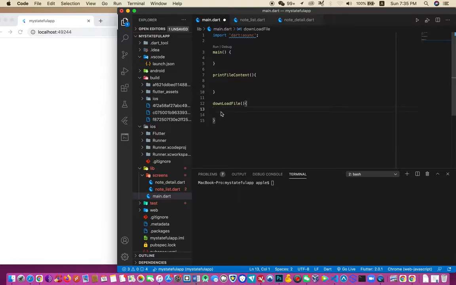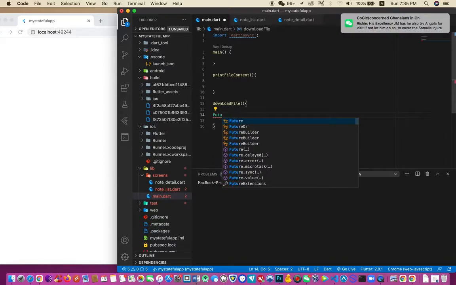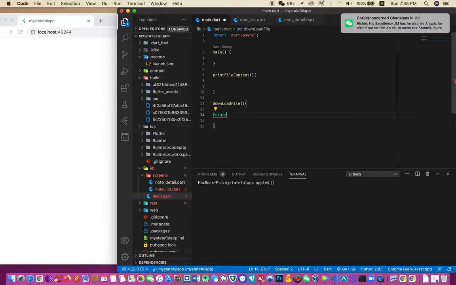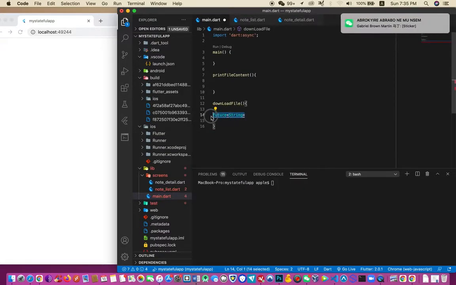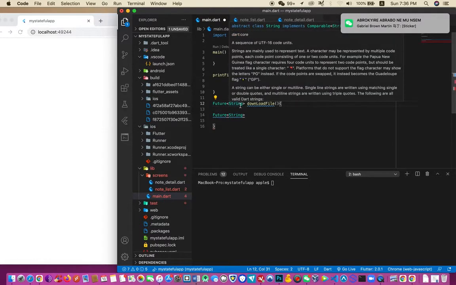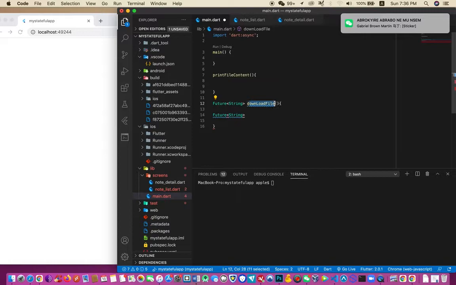Here, since it's going to use the feature of download, that is await of download, we should use the Future keyword. And the Future keyword, as I said, T represents what? The return type, and we will say this will return a string. So this is a Future, and our function is also a Future. Don't forget, at the beginning we will have Future and return a string type, and then the name of the function, that is